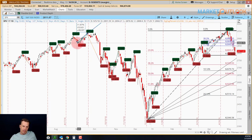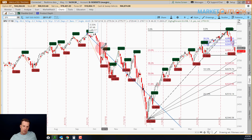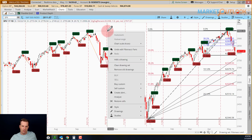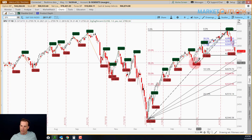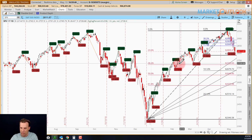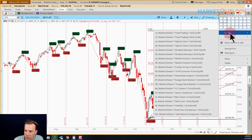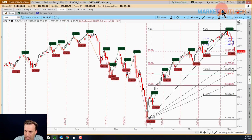That would have almost pulled back the entire drop, but then of course we fell through that in the last couple. So we're not close to these other ones. In fact, that's where the 38% Fibonacci retracement level is. So if we break below this one, that's our next layer of support. And like I said, the Fibonacci retracement lines tell us that could happen as early as the end of this